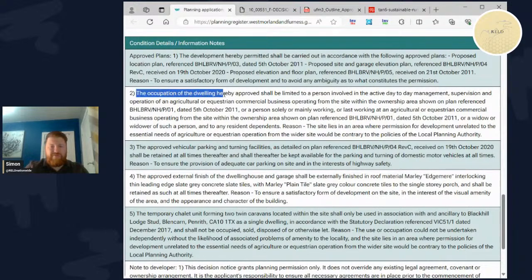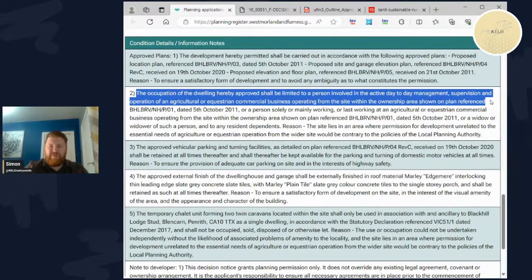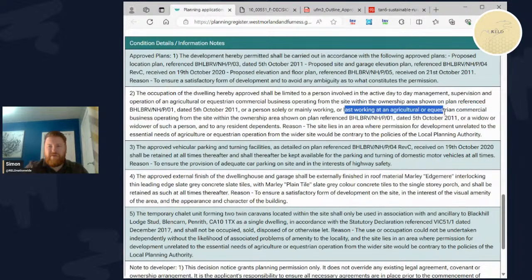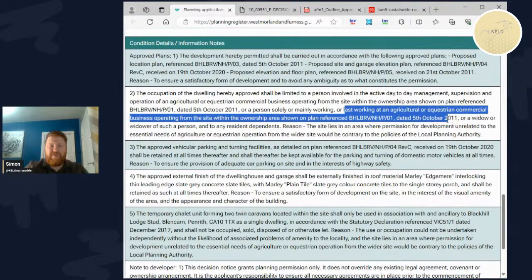The occupation of the dwelling hereby approved shall be limited to a person involved in the active day-to-day management, supervision, and operation of an agricultural or equestrian commercial business operating from the site within the ownership area shown on the plan referenced, or a person solely or mainly working or last working at an agricultural or equestrian commercial business operating from the site within the ownership area. Obviously, there's a plan that goes with this, or a widow or widower of such a person,